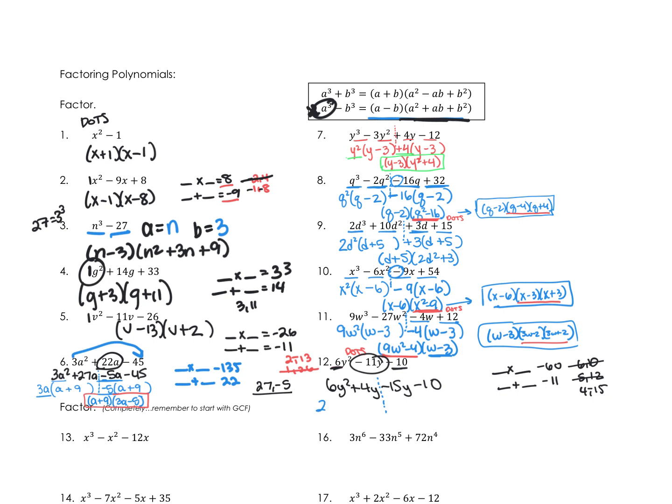6 and 4 are both divisible by 2, and we have a common factor of y, so we'll factor out 2y. That'll leave us with 3y plus 2, sorry. When we divide 6 by 2, we get 3. When we divide 4 by 2, we get 2, and we'll have a y left when we pull out y out of y squared. On the right, 15 and 10 are both divisible by, no, 15 is divisible by 3 and 5. 10 is divisible by 2 and 5, so negative 5. Remember, there's a negative in the front here, so we're going to pull out that with the number. 5 is the common factor there. Negative 15 divided by negative 5 will be 3y, and